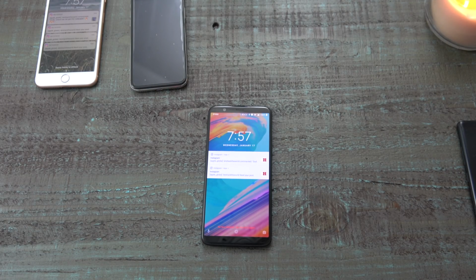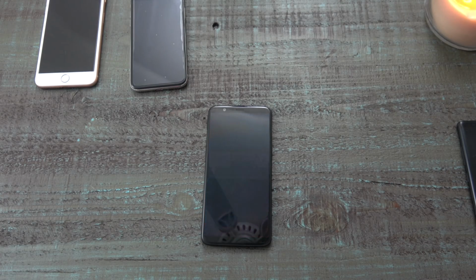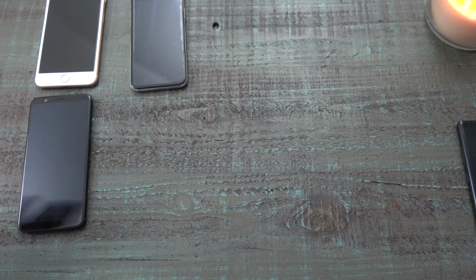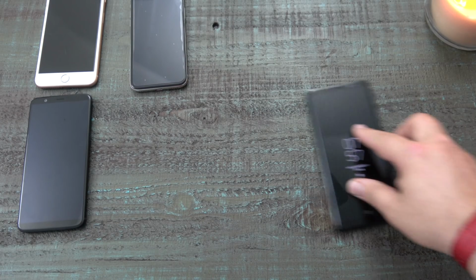OnePlus 5T, 3300 milliamps, 5.5 inches on the diagonal. Full HD, 1920 by 1080, 401 pixels per inch. Exact resolution of this. Nothing weird about that, right? Now we're going to move on to the...